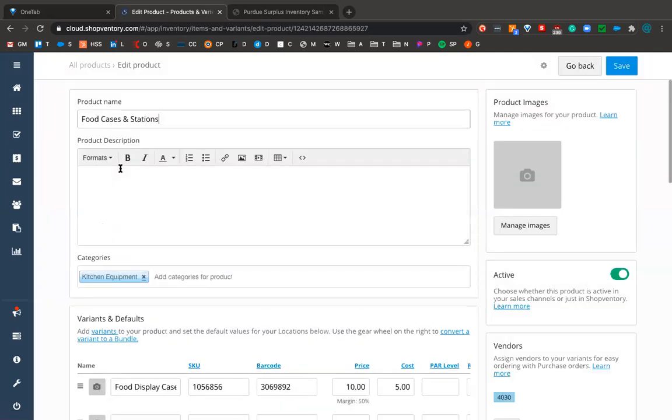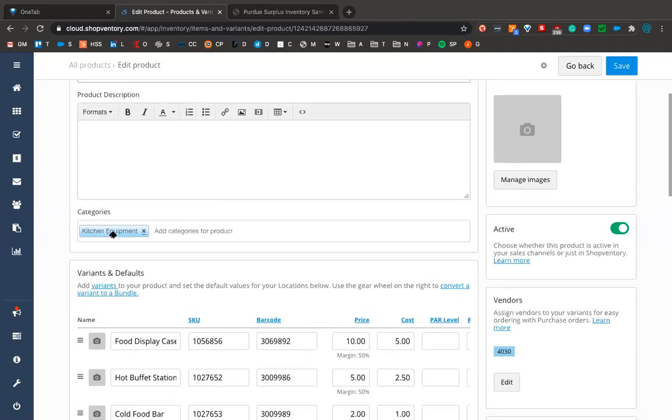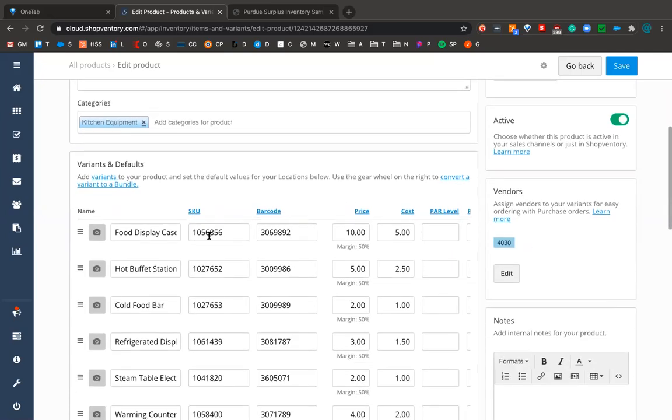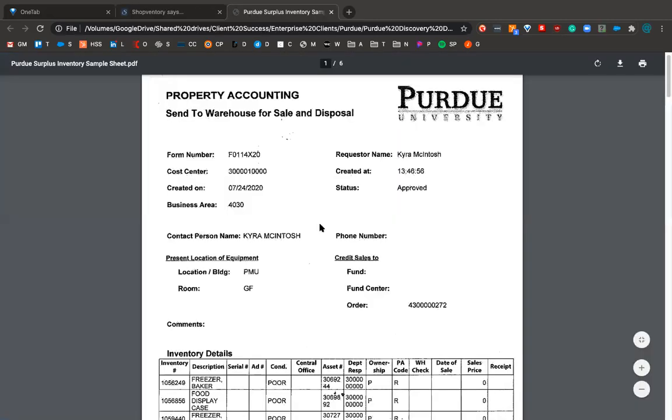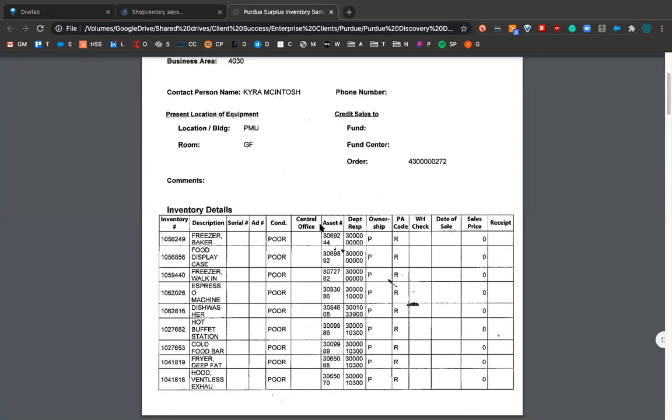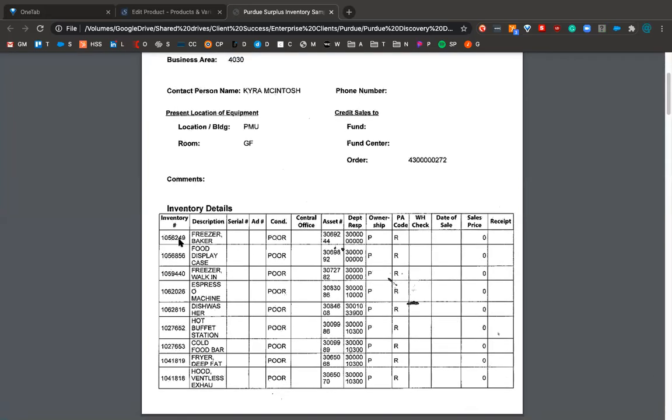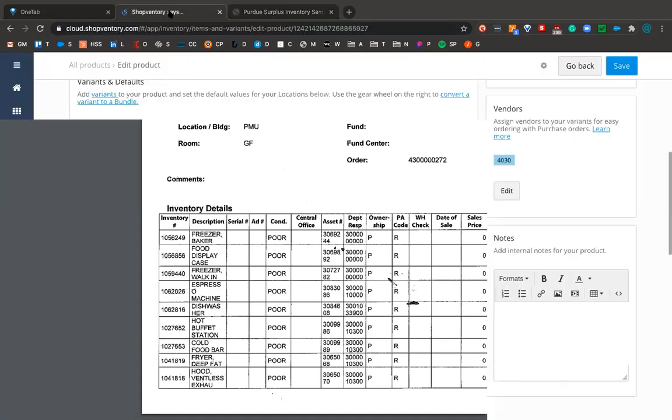This will make more sense when I click on one, where you'll see here the product name, food cases and stations, all within the kitchen equipment category. And then down below, I have these variants. So food display case, and these are all coming off of this Purdue inventory details. So there's an inventory number, a description, and an asset number, all tied back to the inventory that